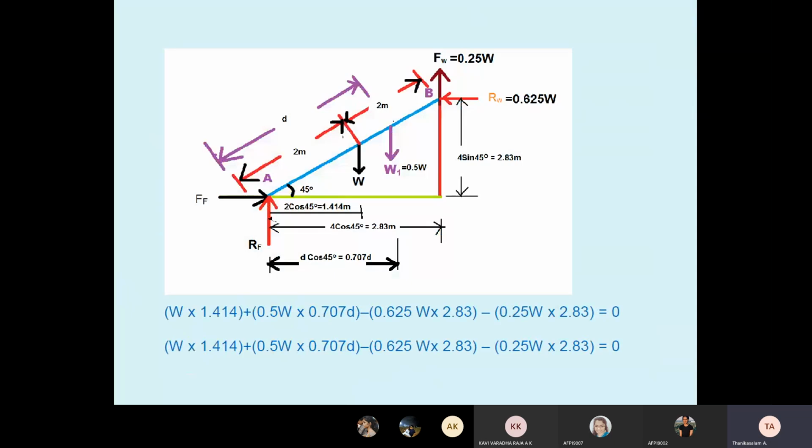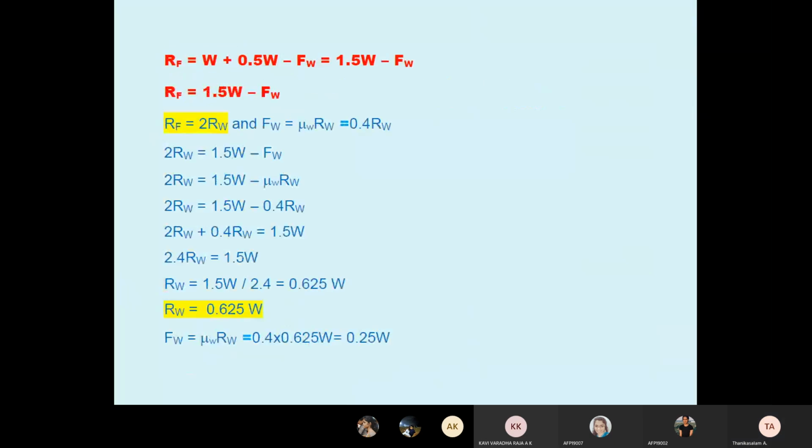So here I take moment with respect to A. So RF and FF are not giving moment. Okay. Before solving everything you can calculate. I made a colorful diagram. See, in the last class I did it step by step. This time I drew the diagram in Word and converted it to PDF. With that, I want to conclude today's session. We will continue next class.